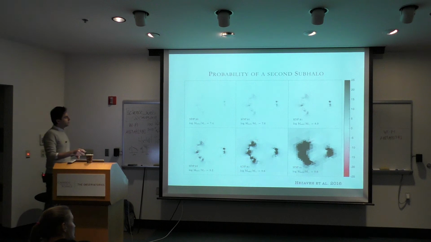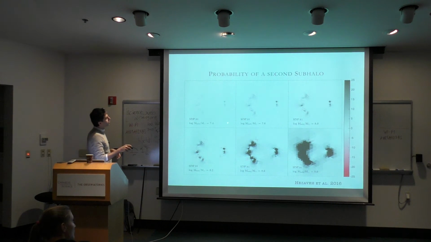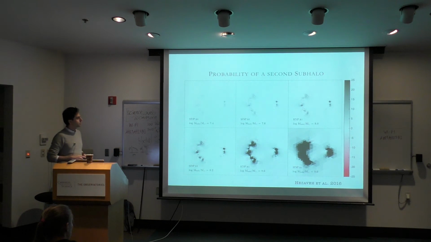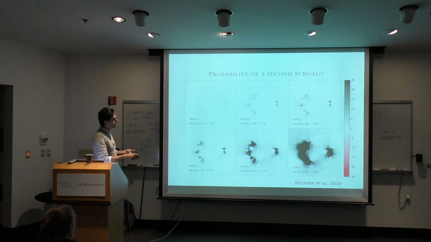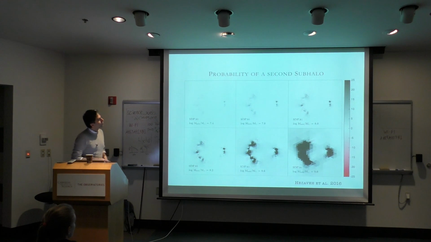So these are searches for subhalos from 2 times 10 to the 7 to 10 to the 9 solar masses. You can see that our sensitivity goes down at lower contrast, so our sensitivity is lower in that region. You can also see that our sensitivity is spatially different, so the area over which we're sensitive also depends on the mass. We can do some